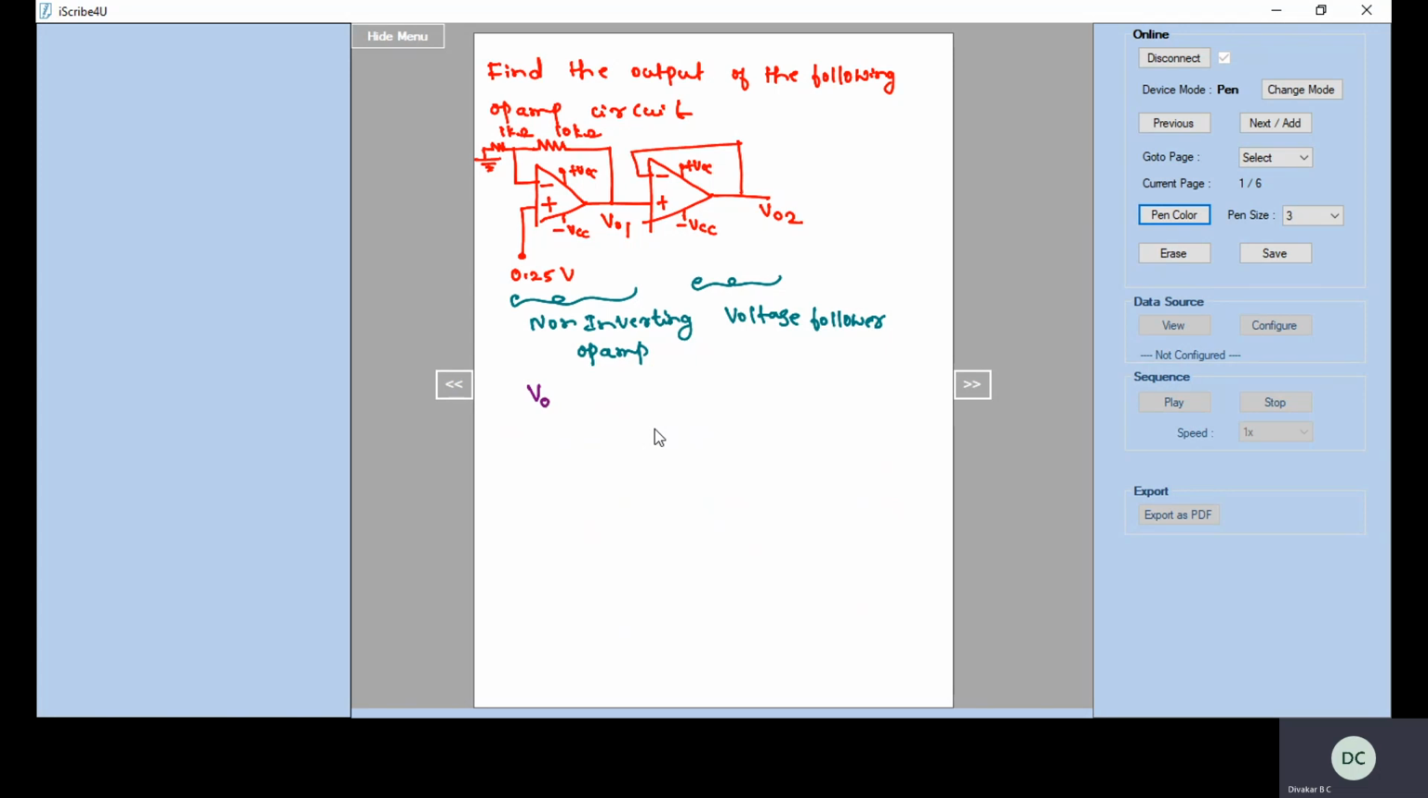So first we need to find out VO1. VO1 is the non-inverting operational amplifier. So the gain is given by V0 by Vi is equal to 1 plus Rf by R1. But our aim is to find VO1. So the output voltage is given by 1 plus Rf by R1 into Vi. Given the input voltage is 0.25, substitute: 1 plus the value of Rf, 10K divided by 1K, into Vi. Vi is 0.25 volts. So therefore VO1 is